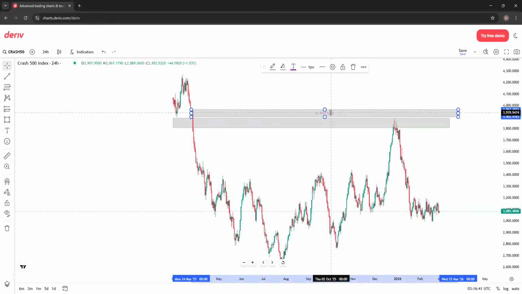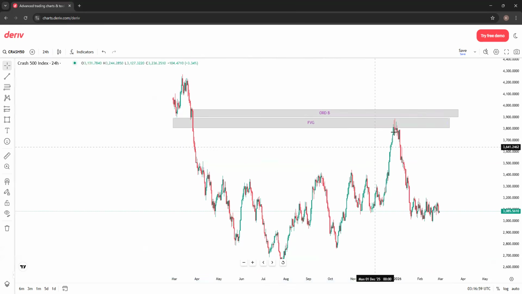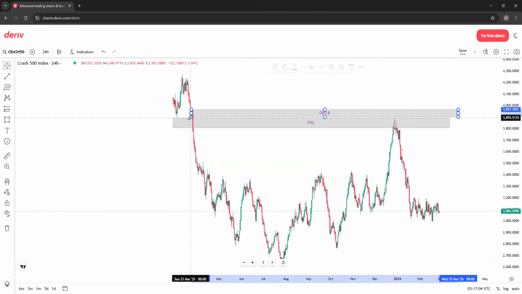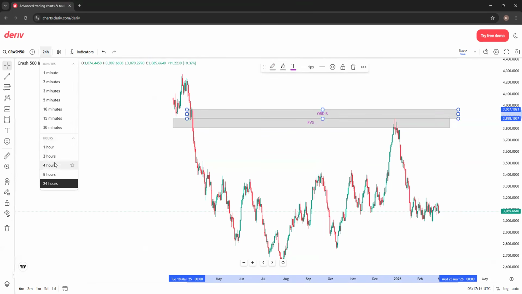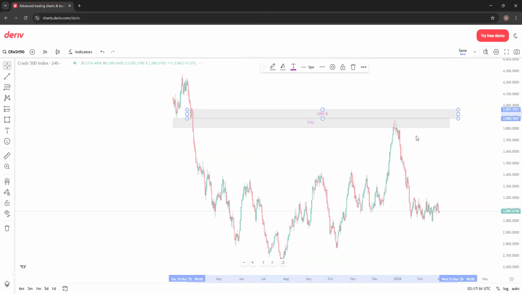There's someone yesterday who requested that we also show the exact entry points that we would have taken. So I'll show you here. And this is our FVG that I'm going to be marking here, FVG or fair value gap. So if I wanted to enter this trade, what would I do? Our order block was here and price just came and tipped on that order block and then it fell. So now if we go to our 2 hour,